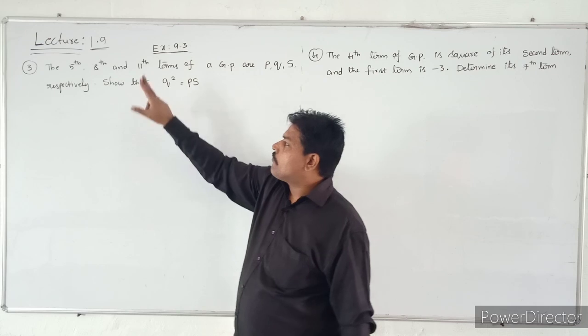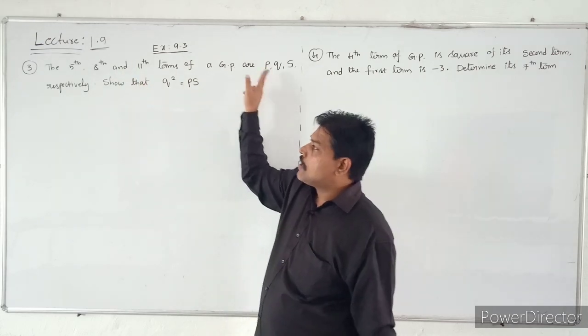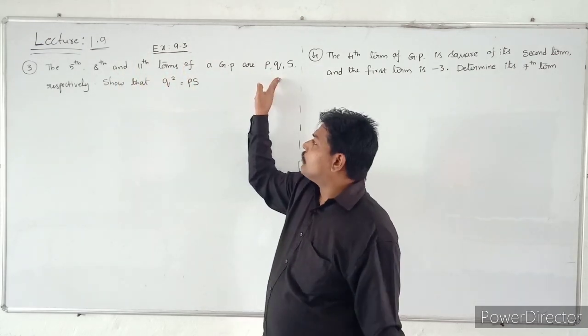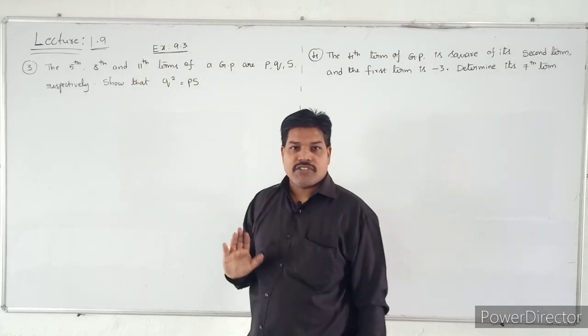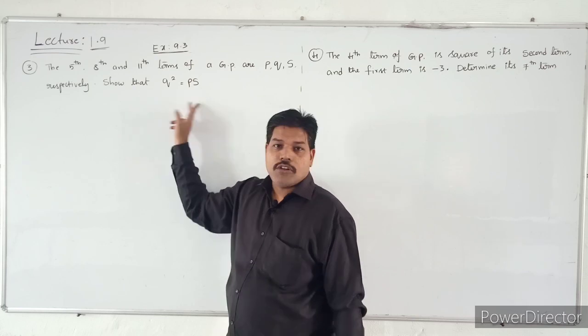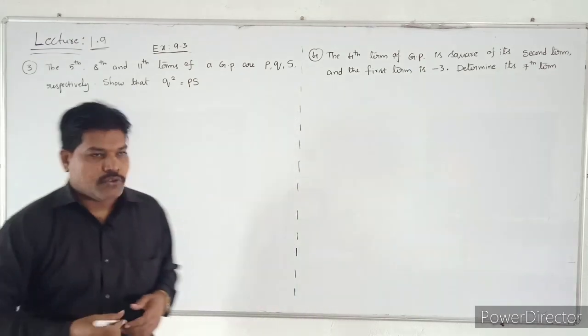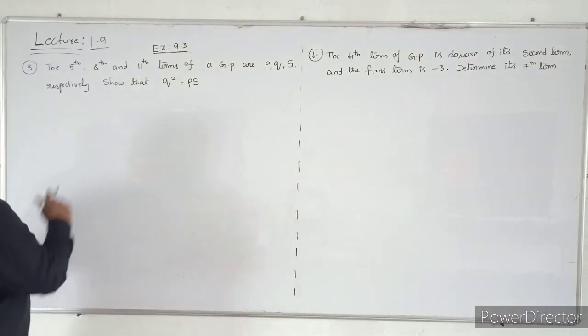They have given that the 5th term is P, the 8th term is Q and the 11th term is S. So these are the conditions given, and we have to show this. See how to show this. First of all, I will take that,